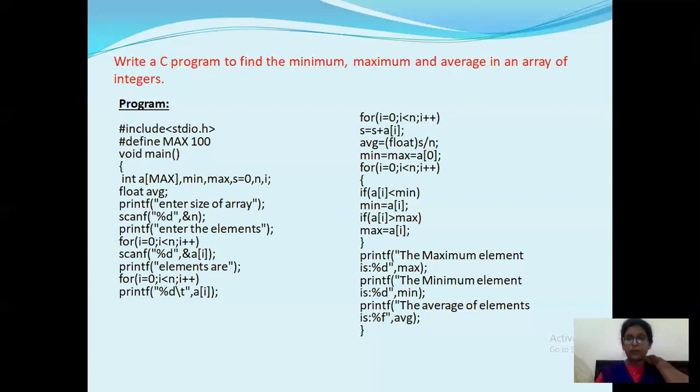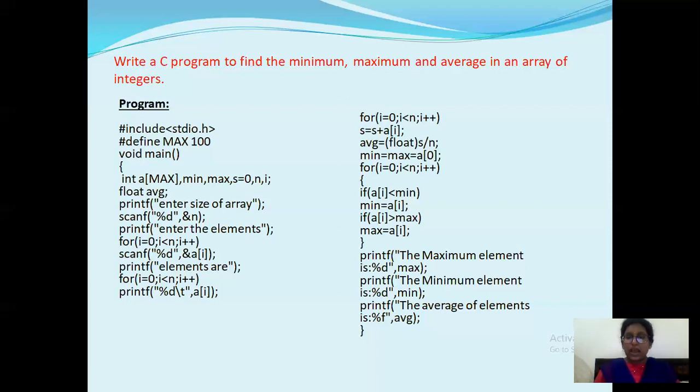Then how to perform the average? Average is equal to sum by n. You got your sum as 150, so 150 by 5 gives an integer value. Sometimes if you are having a fractional part in the result, then you need to convert one value to float. Then you will be getting a float value. So it depends on the values that you are going to take in the array.